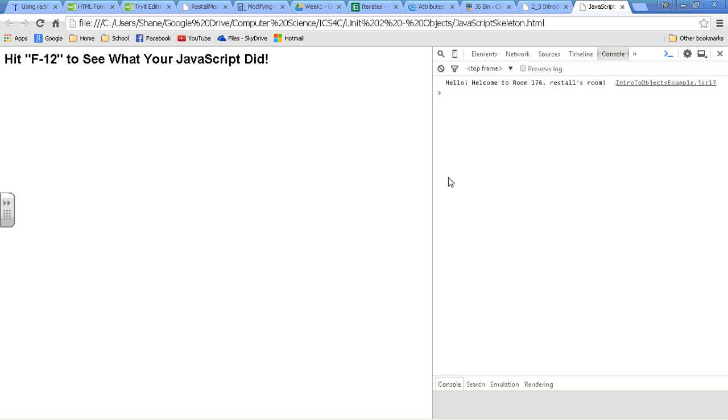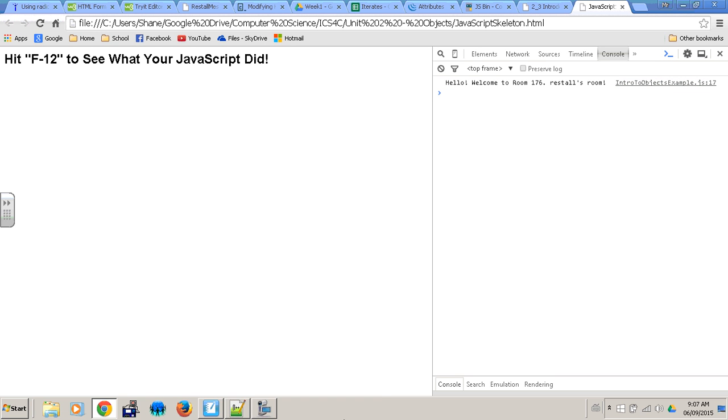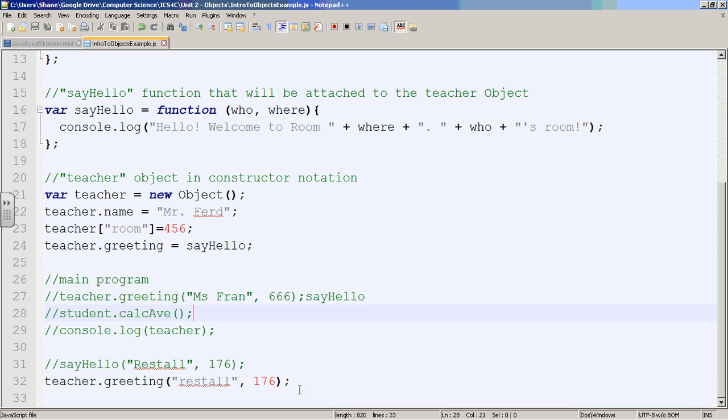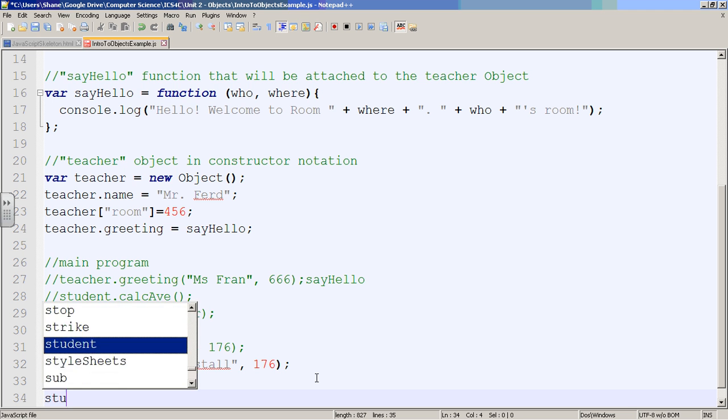Right? It doesn't quite make sense. What we would like here is for this greeting to access the name and room of the object that's calling it. That's what we would like. And we'll get to that in a moment. But I want to just show you that we could attach this function. This function is hanging out in no man's land, right? So if we wanted to attach it to our student,